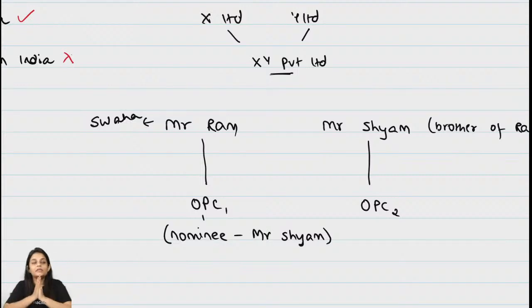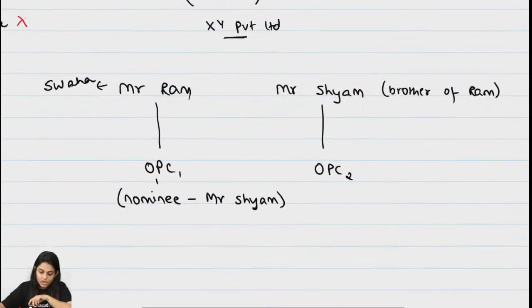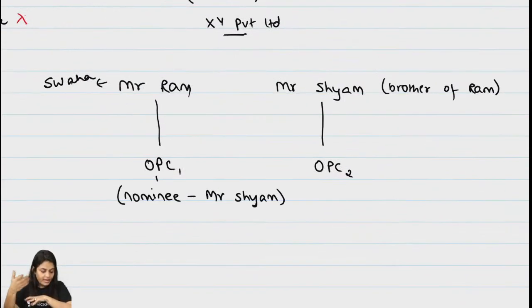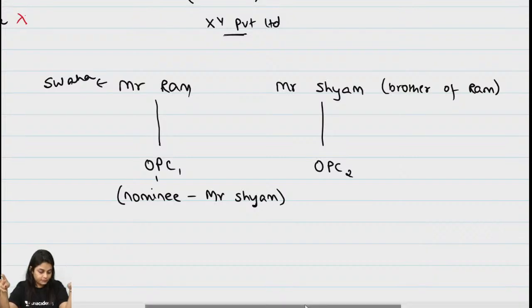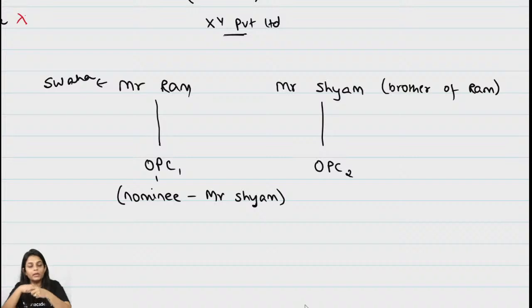Mr. Ram is Swaha. When Mr. Ram is Swaha, what happens to Mr. Shyam? Can I say Mr. Shyam now has 2 OPCs? Can I say Mr. Shyam has now got 2 OPCs, correct or not? One OPC because he incorporated it, and one OPC because he was a nominee and the